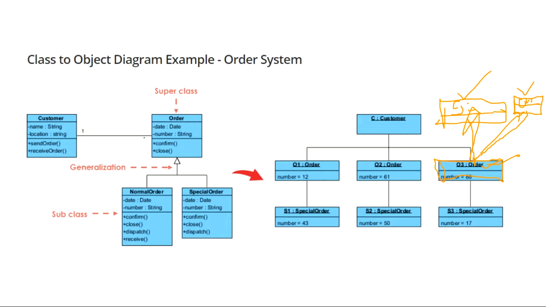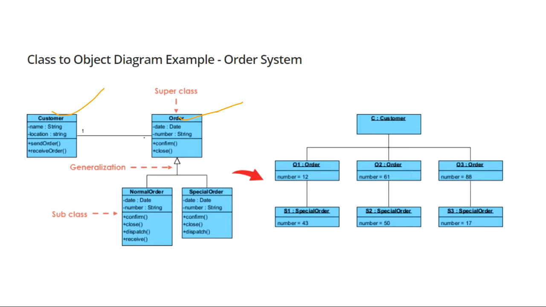So how many objects you will create of a class depends on the multiplicity. Okay, if I'm talking about one customer can interact with multiple orders, you will create one object for the class customer, and you will create multiple objects for class order. If I'm saying an order can have multiple customers, you will create one object of class order, and you will create multiple objects of class customer, and then we will show the interaction.